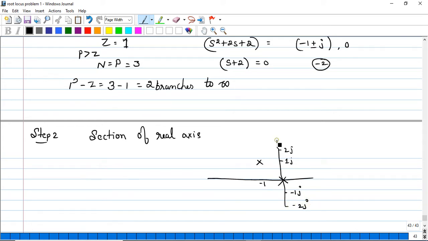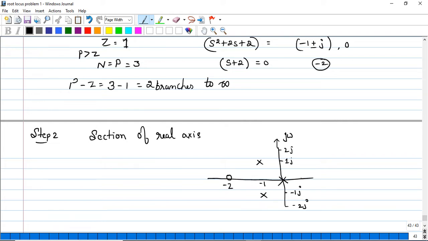This particular axis we call the imaginary axis, that is, jω is the imaginary axis. So we have 1, 2, 3 poles, that is done, and we have one more zero, that is at -2, represented with this particular symbol. So we have identified the number of poles and zeros in the s plane. Let us check where exactly we have root locus region and no root locus region.